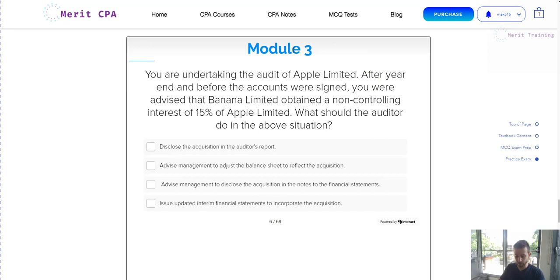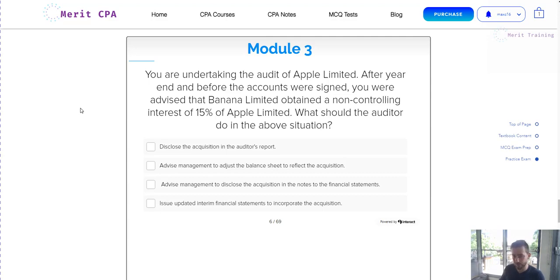So you're the auditor and you've received a trial balance for, let's say, December 2020. So you've looked at that balance sheet and you're going to do the audit after year end, obviously, right? Now, during the period after they're giving you the results, they also find out that Banana Limited obtained NCI in this other company. So this is an adjusting or non-adjusting event, right? So we need to figure out what we have to do in this situation in that time frame, whether the situation existed at the time of the accounts and so forth. So this kind of event is called a subsequent event,